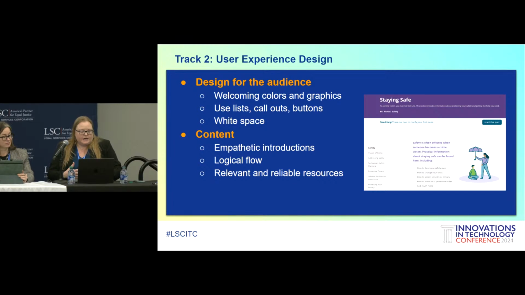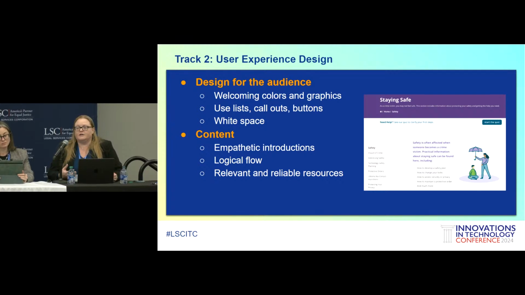So when it came to designing for this site, we knew that most of our users would be in crisis. And we had to be very intentional not to use jarring images or colors. It had to be welcoming and friendly.